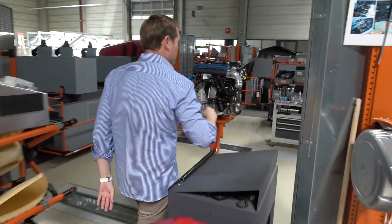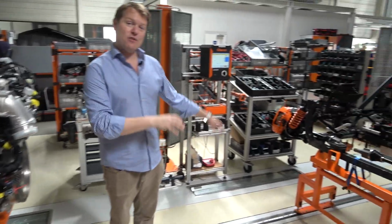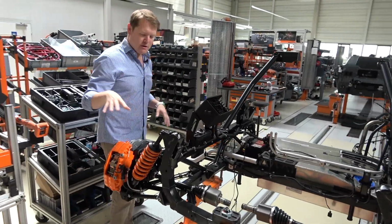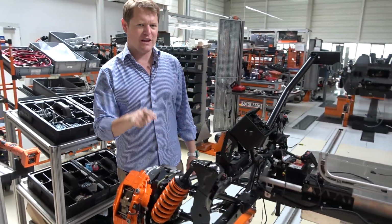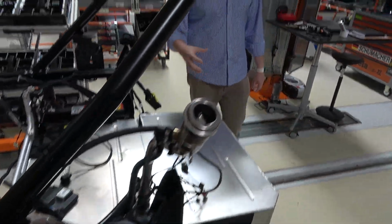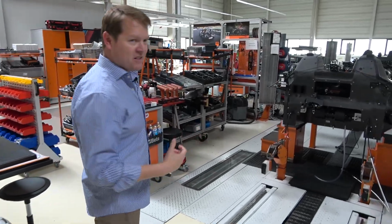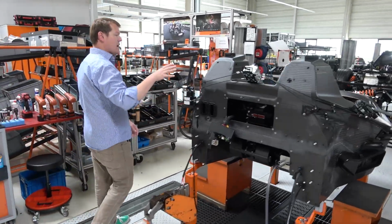So the engine has been hoisted over to step 1 right here, where we then have at step 2 the rear assembly being put together. This is a steel frame. You can see we've got suspension, we've got brake components. You can customize a lot of things, even down to the color of the springs, which is really quite fun. And we have this 96-litre fuel tank. The big advantage of a smaller engine is being able to have a very large tank, which just again improves usability. All of that then slides along the tracks on the floor to stage 3 to join the carbon fiber